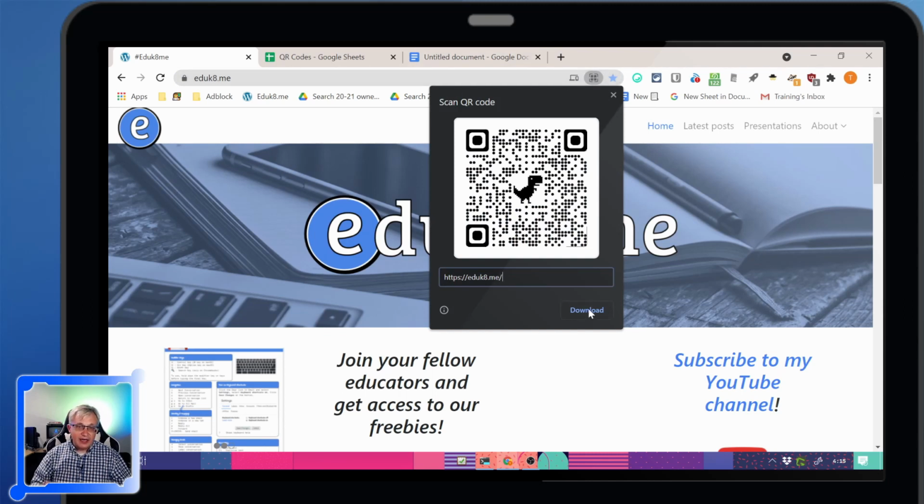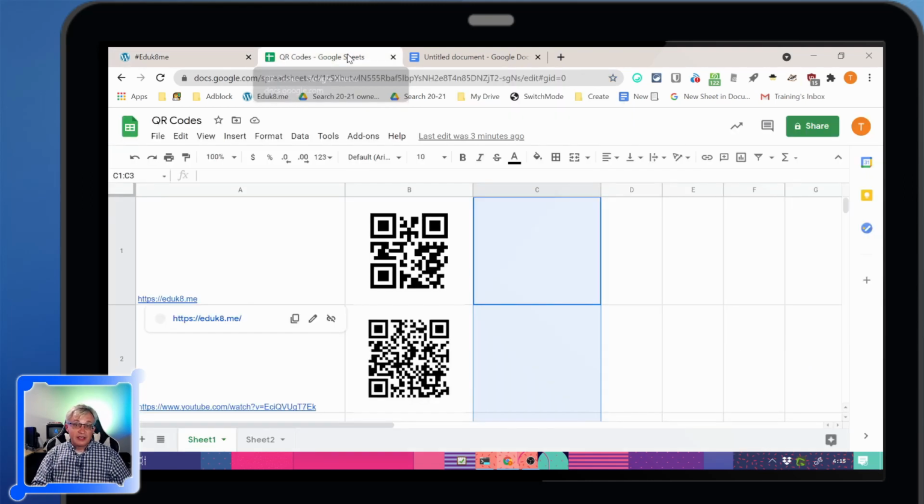And I can download that, and that works well, especially if you just have a couple to do. But what if you had a list of URLs and you needed to create QR codes for that entire list? This could get a little bit tedious. So today I'm going to show you how you can create those QR codes from a list in a Google